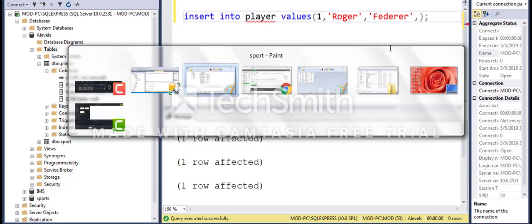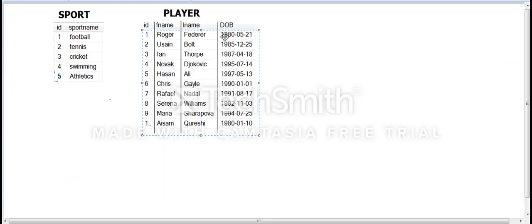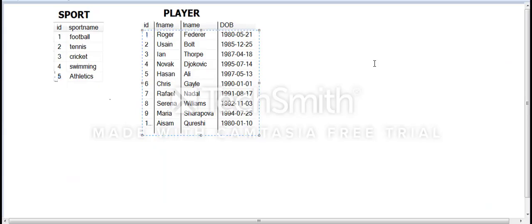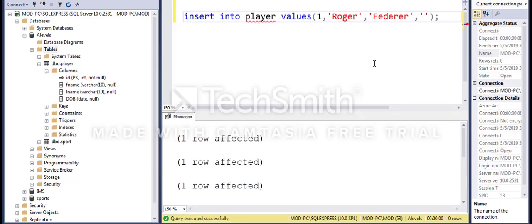And finally we have the date, right? And in date we have the year first, the month second, and the date last, right? So that's the format of the date. And what are we going to do? Let me put quotes here, and let me see. So it was what? 1980-05-21,